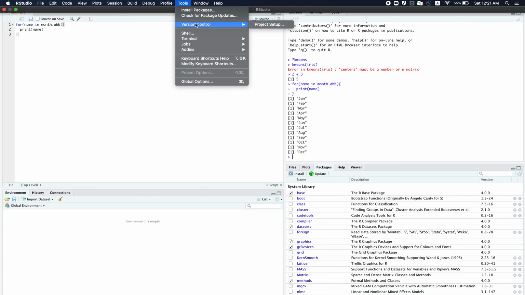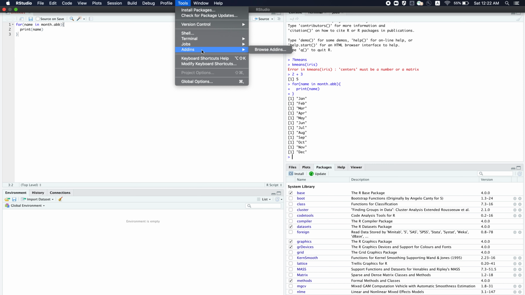And then the next thing is version control. If you have a Git connection, you can connect it with your existing Git. And the next one is your shell. You can invoke your shell or command prompt, and the same thing with terminal. You can have multiple terminals. Say jobs, we just saw that if you have, let's say, a very large rendering happening, you can assign it to jobs, and you can do another thing. So you can have multiple tasks running simultaneously.